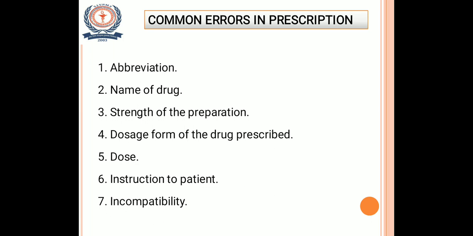The last chance of error in the prescription is because of incompatibility. Now it is very important for the pharmacist to check incompatibility in the prescription to avoid any therapeutic incompatibility. Different drugs prescribed for the same patient may cause factors like synergism and antagonism. For example, acetylcholine and atropine may produce antagonism.